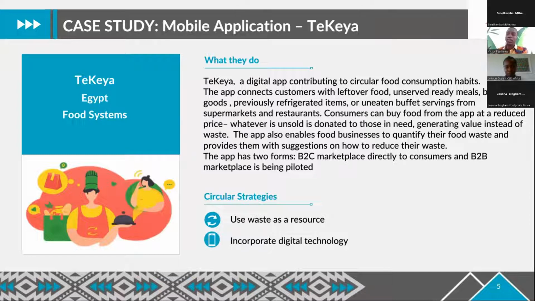So usually in restaurants, the meals that they're not able to serve during the day, they might just throw away. Or when you look at supermarkets, when they are done selling and they want to change their stock, if no one is buying, they'd have to find some way to get rid of that. So all these maybe end up in the landfill. So what Tekaya did was to create an app that connects these supermarkets and restaurants to people who are unable to afford the food at maybe the full price. So on the app, the prices are at a 50% discount. So it makes it easier for people to be able to afford the food.